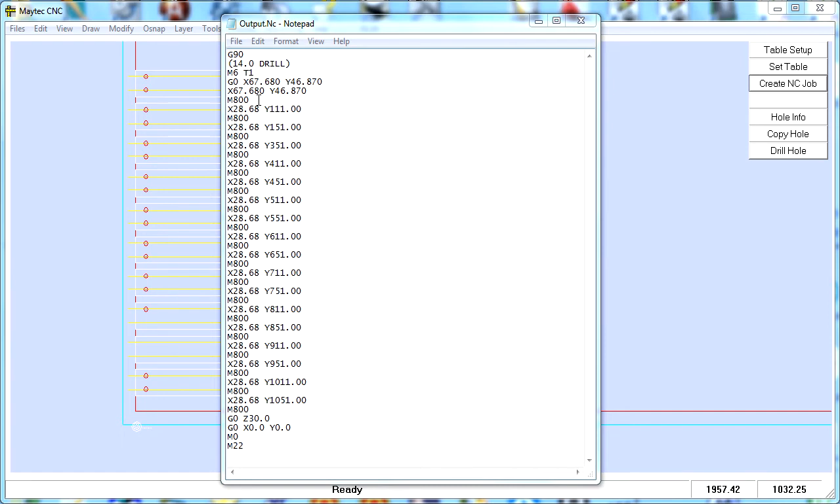This is what's called a canned operation, and it will cause the drill to move down to the reference or the 0 position defined within the machine controller. It will then lift out again. The tool will then move to X28.68 and Y111 and perform another canned drill cycle at that location. It then continues with a number of these drilling locations down till it's complete at 28.68 and 1051 across the